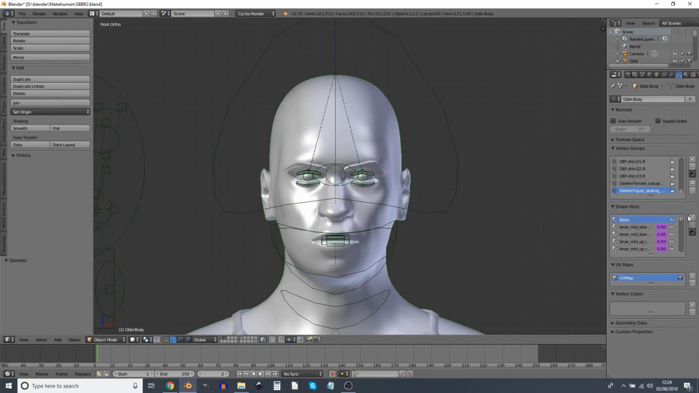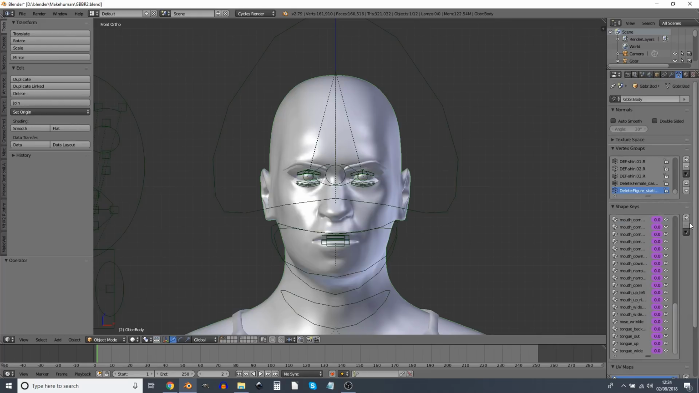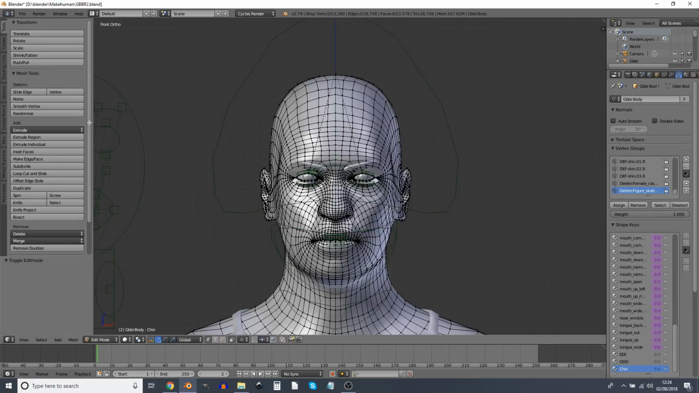So, the first thing we're going to do, we've selected the head mesh and we're in the mesh buttons. Right at the bottom of here, I'm going to create 3 more shape keys called E, O, and chin. These work in the same way as they do on the tweened cartoon version. So, if I go tab into edit mode here,